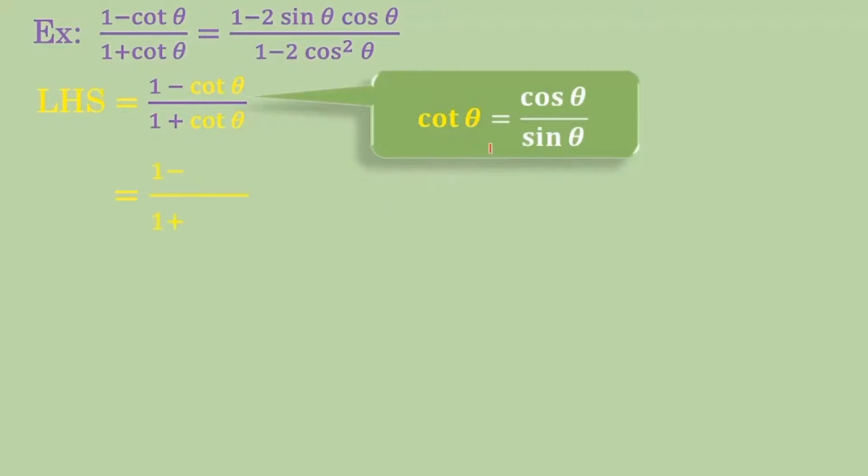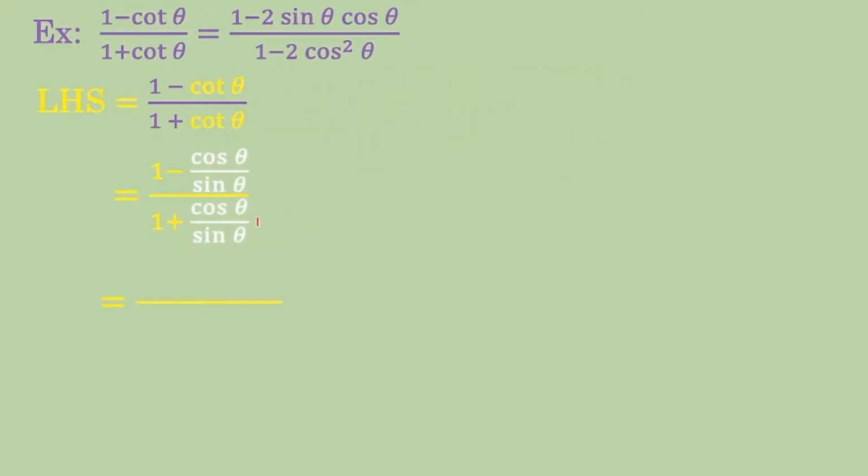Let us replace cot theta with cos theta upon sin theta. Again replace cot theta with cos theta upon sin theta. Now simplifying we get